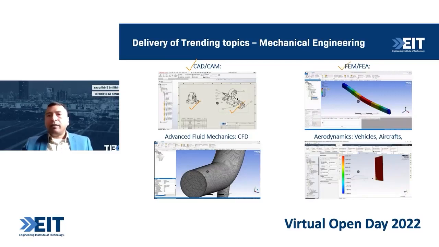And this is the example of FEM and FEA, which is finite element analysis. So structural components which you actually made in SolidWorks can be transported to ANSYS or some other relevant analysis software, and they are put under a certain load, certain boundary conditions, and you can see where the stresses are higher, where stresses are lower, and you can actually play with the dimensions and boundary conditions to make sure your components, your machines don't fail under that type of force or stress. So that's FEM, FEA. Then we have advanced fluid mechanics or CFD analysis.